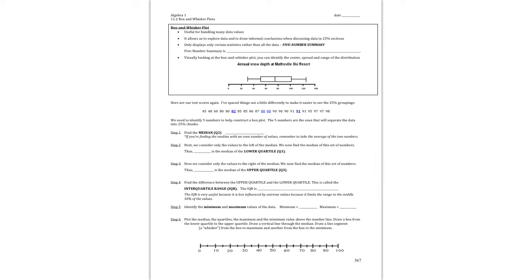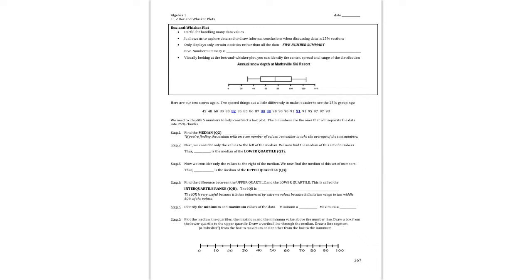This one's for section 11.2, and we're going to talk about box and whisker plots. Maybe you've seen one of these before, maybe you've worked with them a little bit before. You can see an example one here. We're on page 367 in the binder,